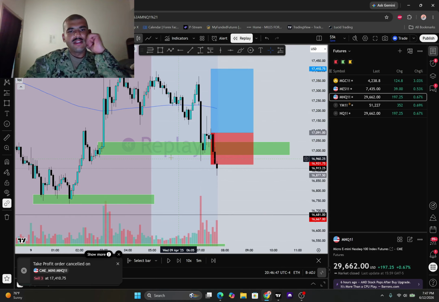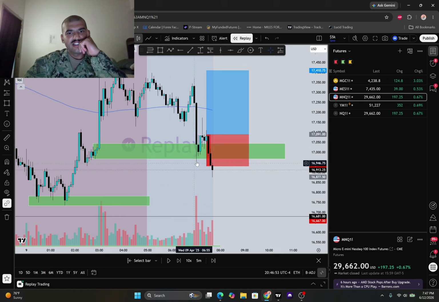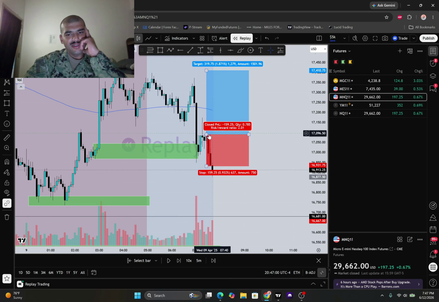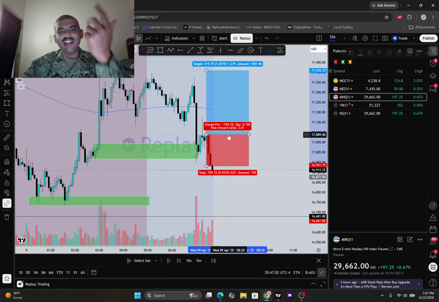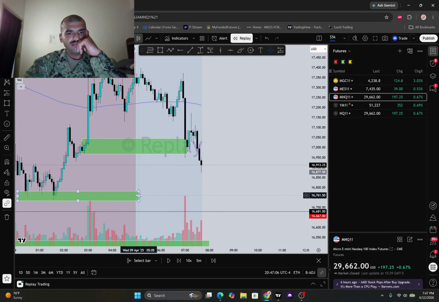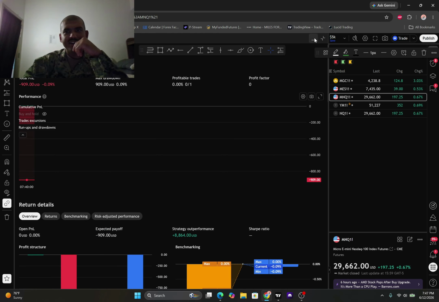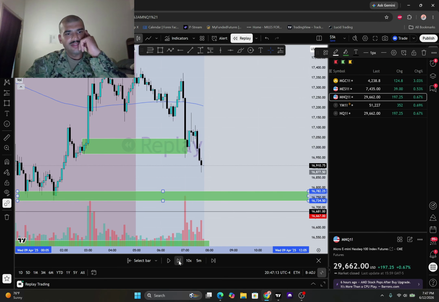So, I mean, not really a valid demand zone, because this wick right here took it out. You know what I'm saying? It took it out. Like, it disrespected it. So there was no reason for me to, like, I don't know why I'm even acting quick. It's not even 9:30 yet. What am I doing, bro? Alright. Well, let's see how I'm doing. Okay, now I'm down 900. You see what I'm saying? Like, just getting emotional and shit. Just gotta trade like a robot in this bitch.